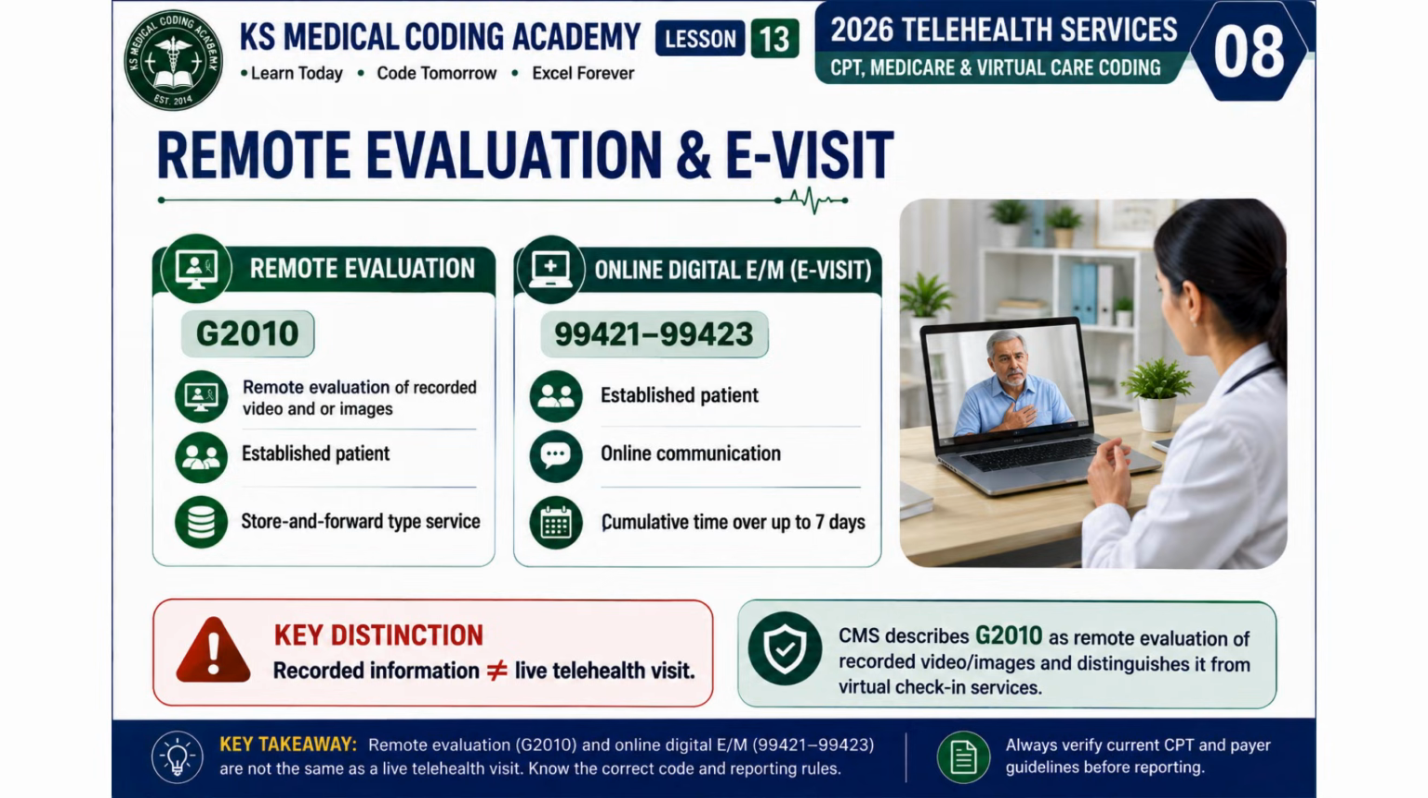Now let's look at two services that are different from a live telehealth visit: remote evaluation and online digital (EM) services, also commonly called e-visits. G2010 is used for the remote evaluation of recorded video or images submitted by an established patient. This is a store and forward type of service, meaning the information is reviewed remotely rather than through a live, real-time encounter. Another category is online digital (EM) services, codes 99421 through